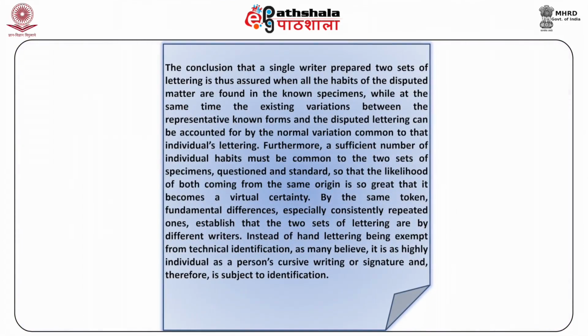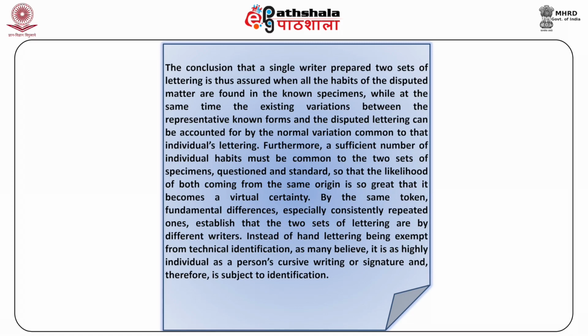Handprinting contains the individuality necessary to allow for an identification or elimination of the writer. The absence of elements such as connecting strokes does not prohibit a thorough analysis of other important characteristics. The early works of Osborn, Hilton and Conway propose using the same examination methodology as for handwriting. As Hilton said, the conclusion that a single writer prepared two sets of lettering is thus assured when all the habits of the disputed lettering are found in the known specimen, while at the same time the existing variation